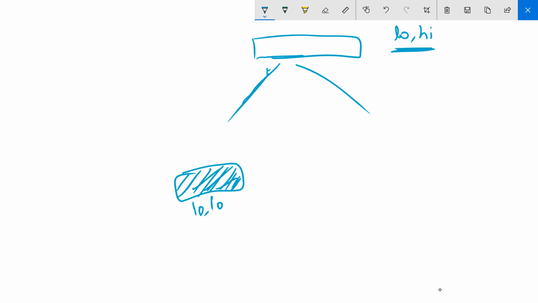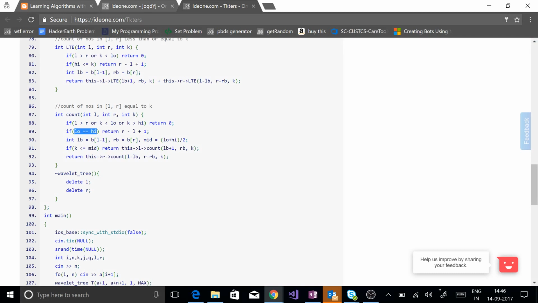All copies will be identical over here with the value low. So if low is high, then simply return the complete subarray because all entries would be equal to k. It's similar to this line over here. We were interested in finding how many elements are less than or equal to k, and when high is less than or equal to k, then the complete array is less than or equal to k. So similarly, when all entries are the same, we simply return that.